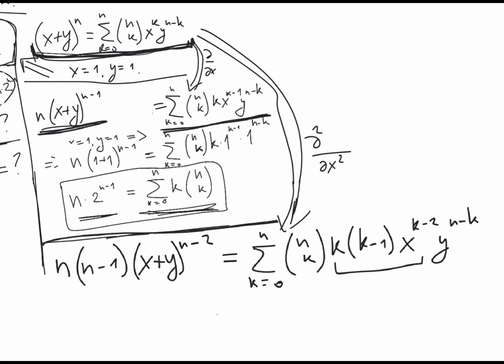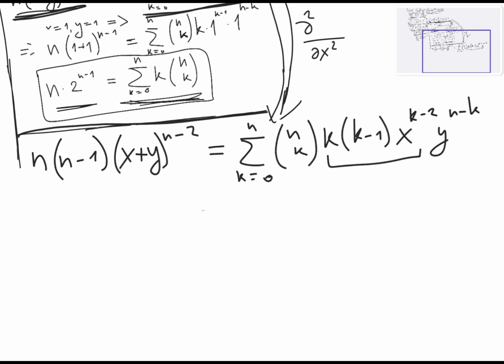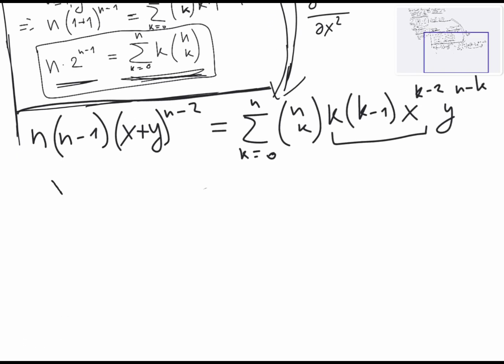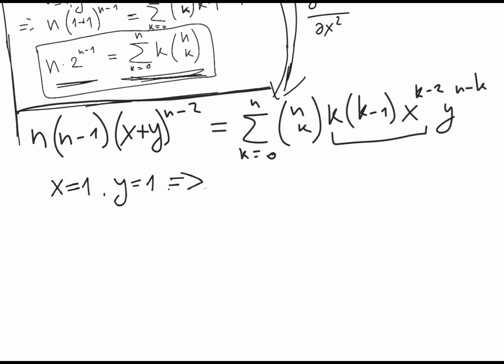Now in this formula we set x equal to 1 and y equal to 1. Then on the left hand side we get n multiplied by n minus 1 multiplied by 2 to the power n minus 2, which is equal to the sum